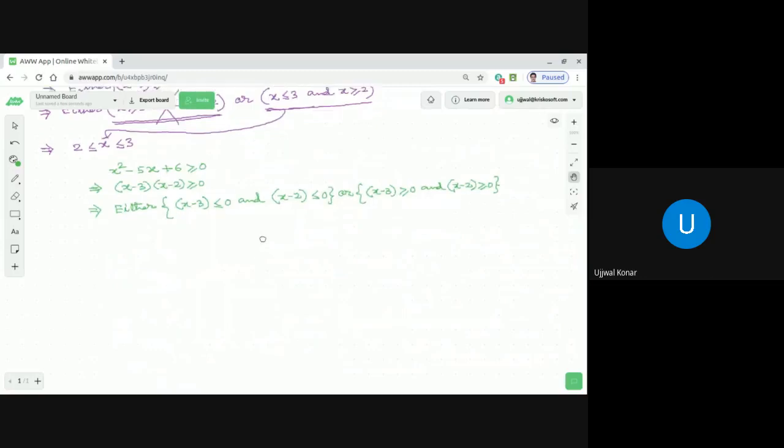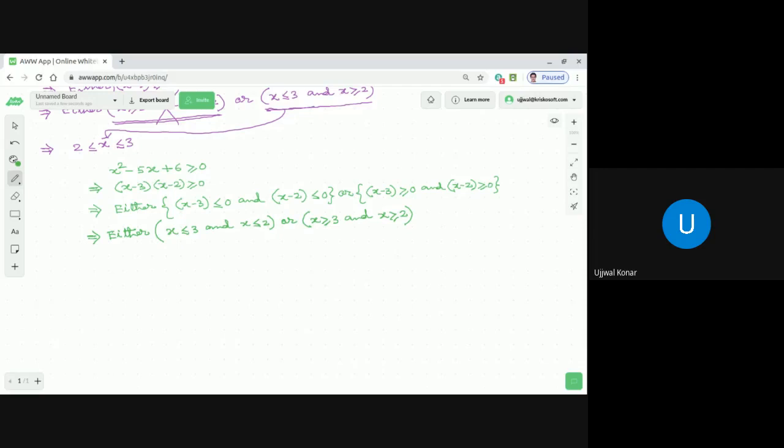So what we can conclude from here, let me show you. This implies, after that it is quite simple. Earlier steps also it was simple, it's just proper application of the properties. When you see that x minus 3 is less than equal to 0, obviously x is less than equal to 3. And when you say x minus 2 is less than equal to 0, that means x is less than equal to 2. Or x is greater than equal to 3 and x is greater than equal to 2. All of you agree with me, dear students? Correct, no? Yes.